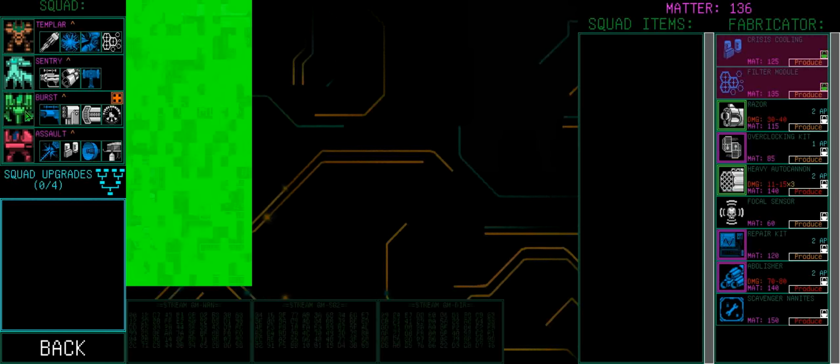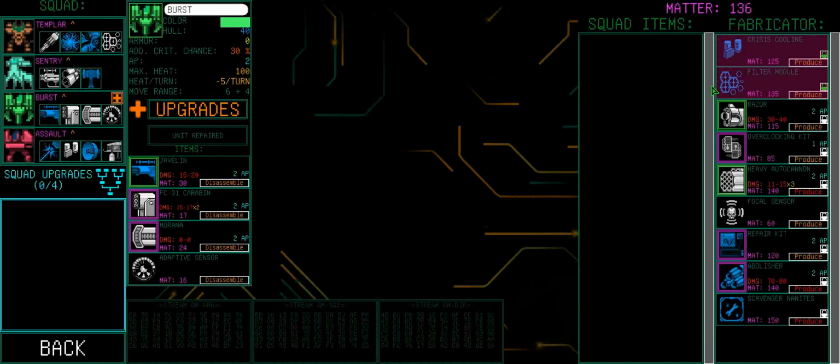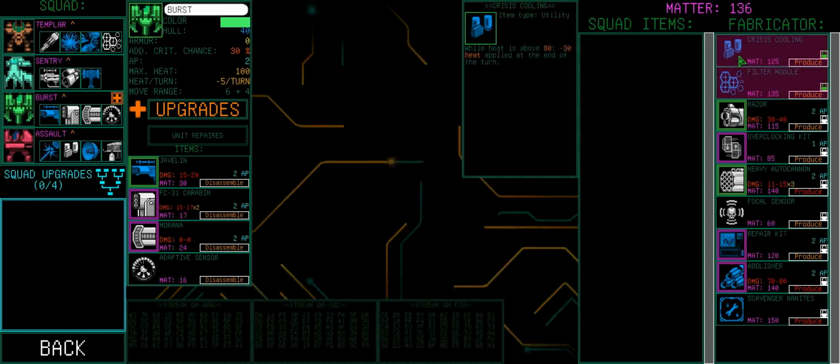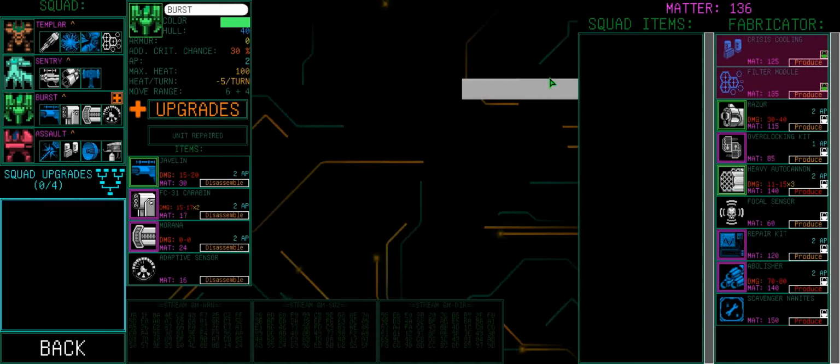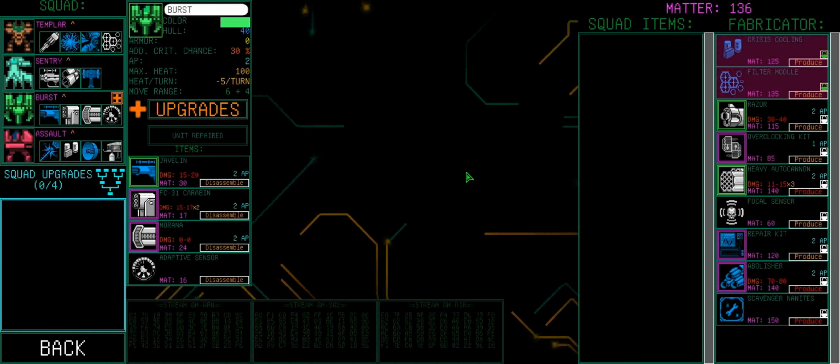We have enough. We can take an upgrade on Burst if I wanted to give him Breach on his weapons. No, we'll hold on to that matter. And so we could build either the filter module or crisis cooling right now. I'm thinking we probably need crisis cooling built. We're desperate for more heat to drop off of us. You know what? I'll make up my mind at the beginning of the next